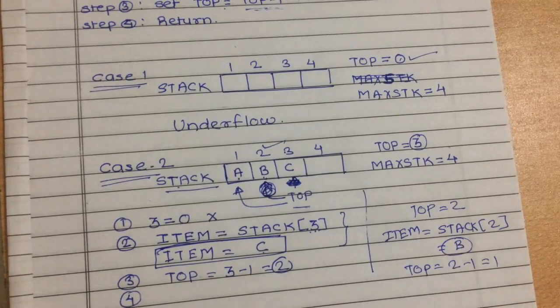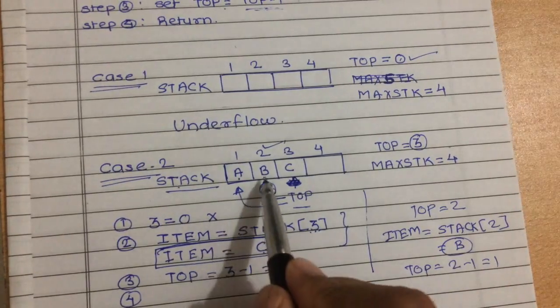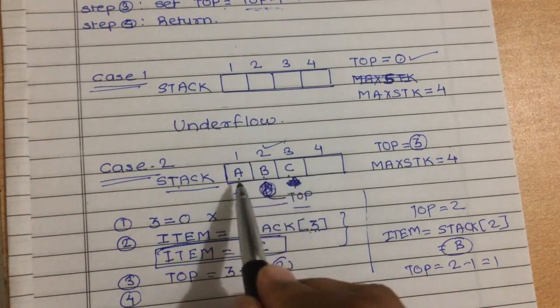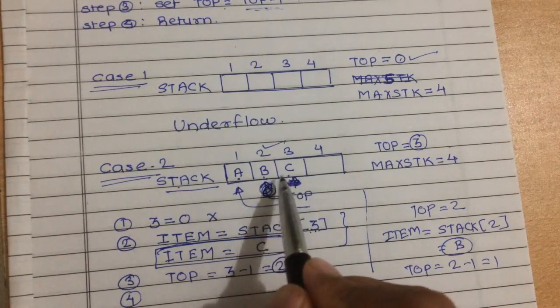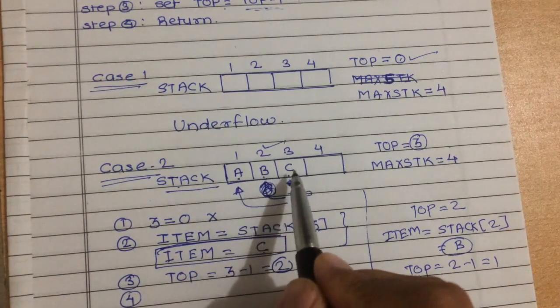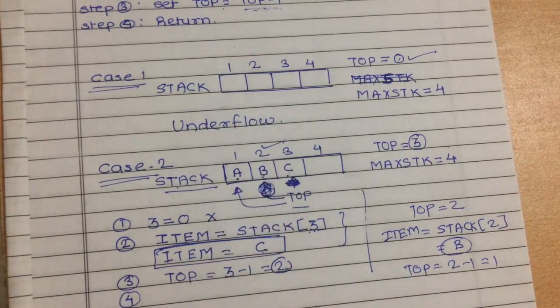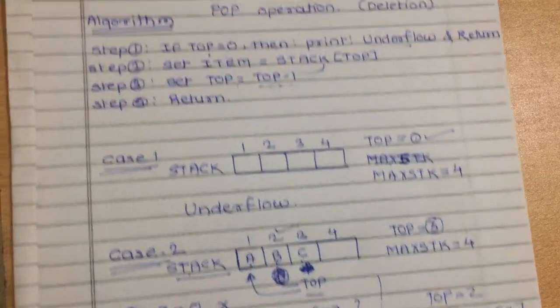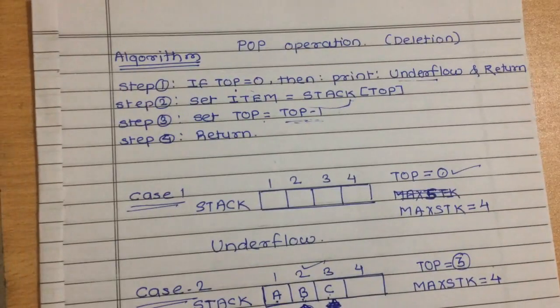As I said in the previous case, if you want to remove B, first we have to remove C. If you want to remove A, then first we have to remove B and C. That is, first we have to remove C and then B and then A. So this way this particular pop operation is carried out. So I hope you understand this whole concept of pop operation. So simply if we have to remove one element from the stack, then in that case we have to use this pop operation. So just take a quick review of what we have studied in this lecture.